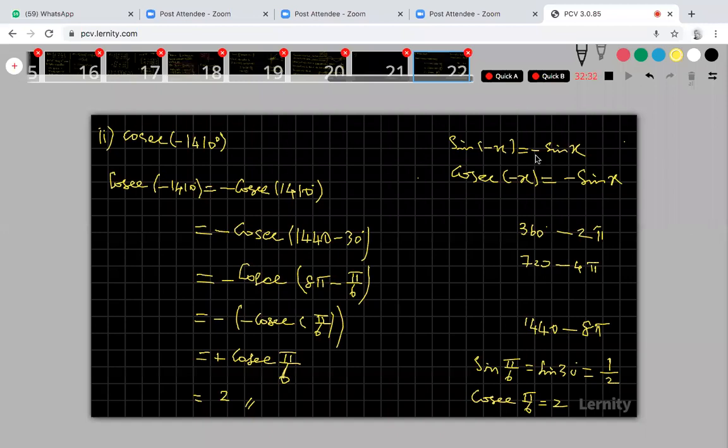Look at that. The question is sine of minus 11 pi by 3 equals minus sine of 12 pi by 3 minus pi by 3. Your 12 pi by 3 can be written as 4 pi minus pi by 3. Now I have told that sine of 2n pi minus x can be written as minus sine x.